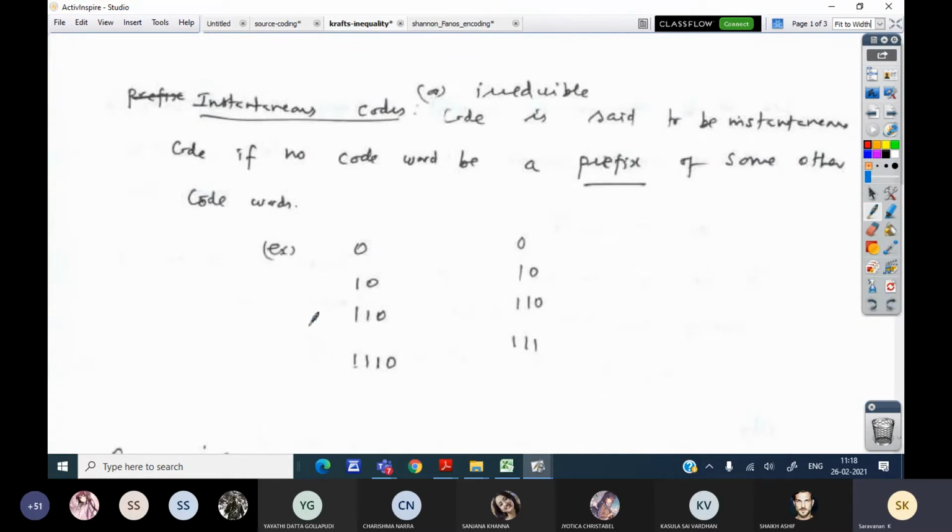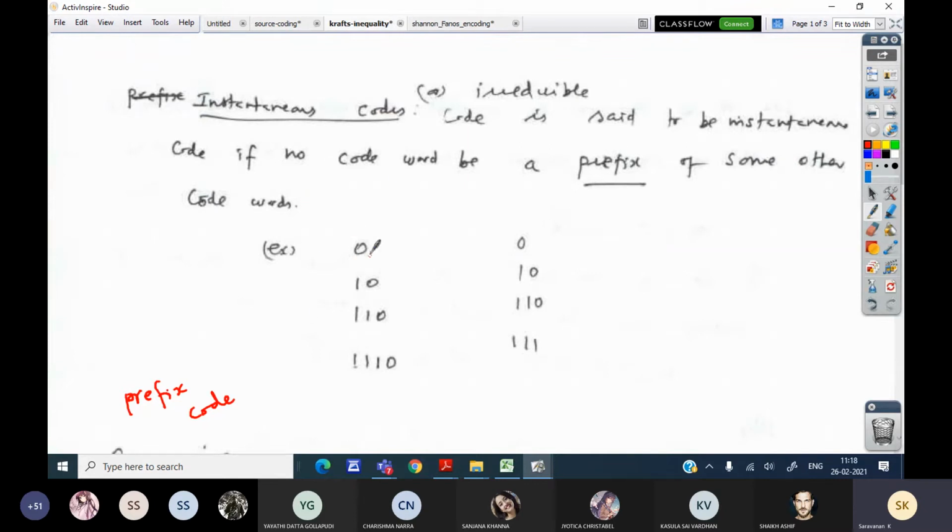If we take this code, 0, 1, 0, 1, 1, 0, 1, 1, 0, I'm taking, right? We have one more code, which is said to be a prefix code. Any code is said to be an instantaneous code or irreducible code or prefix code when no code word is a prefix of some other code word.